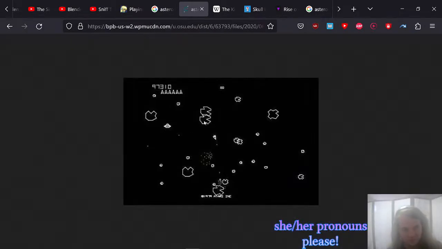you can see a bunch of different sizes of asteroid, and what basically happens when you shoot an asteroid in Asteroids is that it breaks in two, and the smaller an asteroid, the bigger a problem it is for you. So if you want to get a high score, you have to break an asteroid, and then break it again, and break it again, and then it's fine. And so, I think part of the fun of Asteroids is